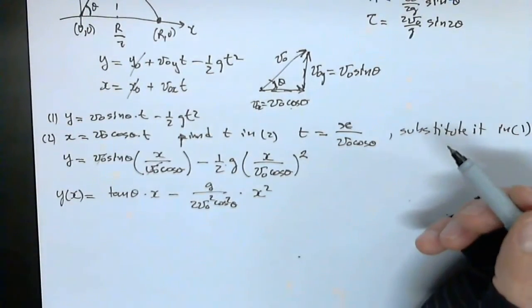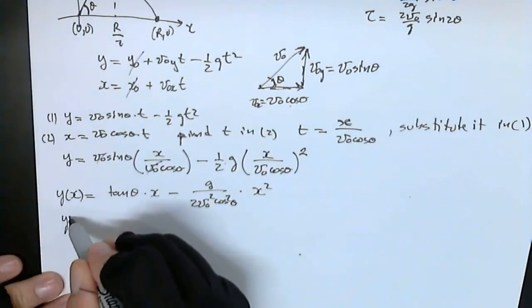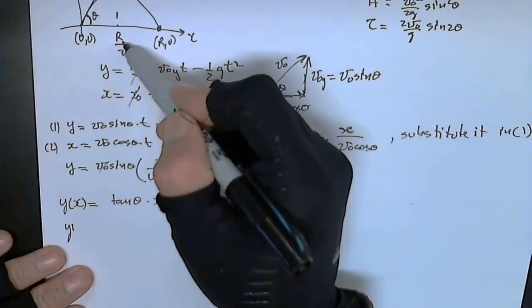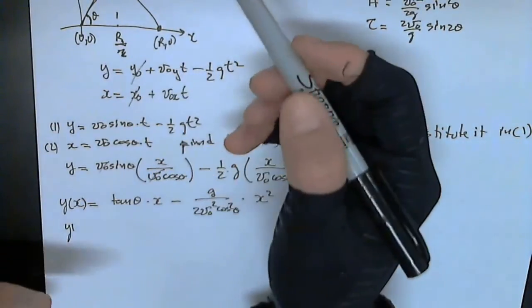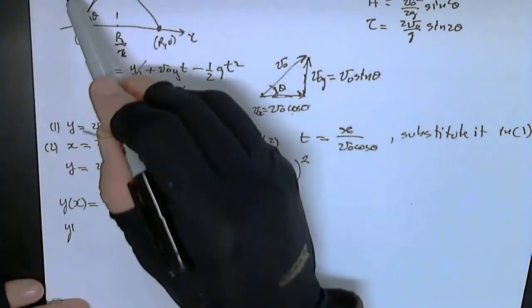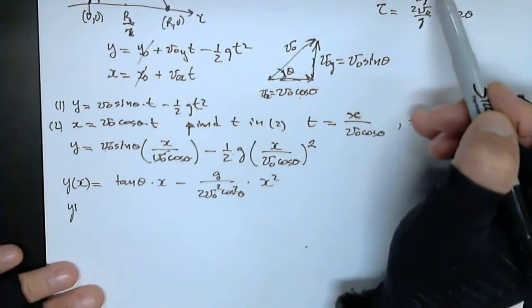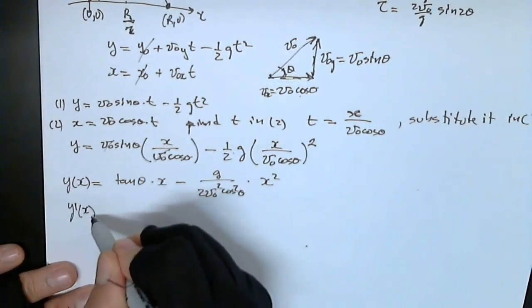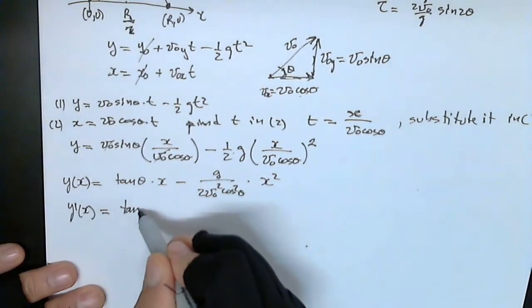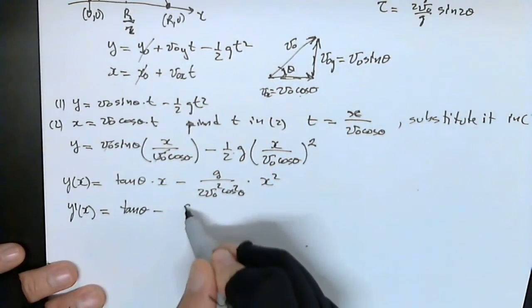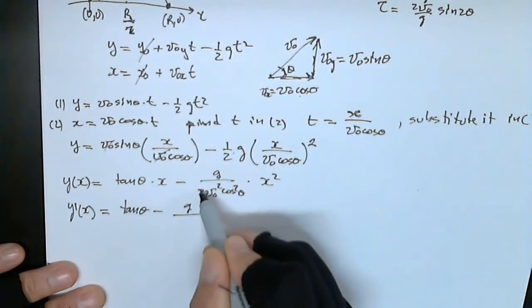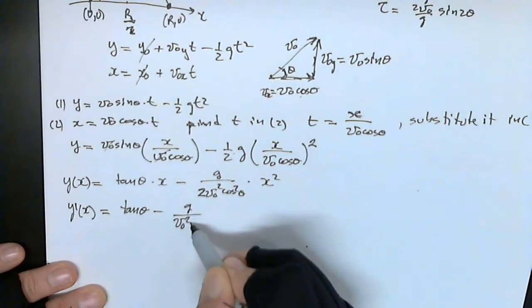And now we want to find the derivative, because we know that the maximum happens at half the range. Let's see if that's the case. And the maximum is h, this value over here. So let's find the derivative with respect to x. So this is tangent of theta minus g, the 2 goes to the front, cancel these 2,